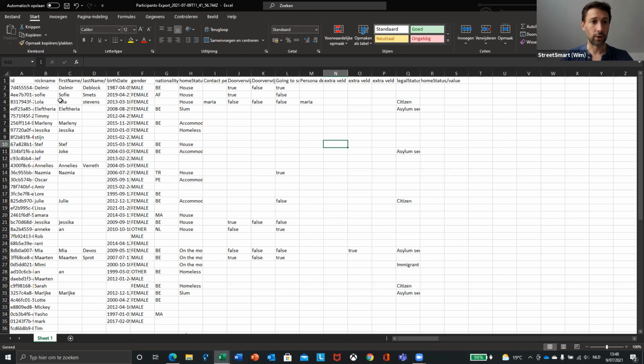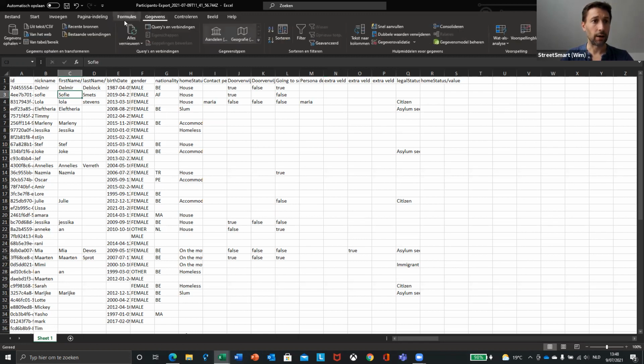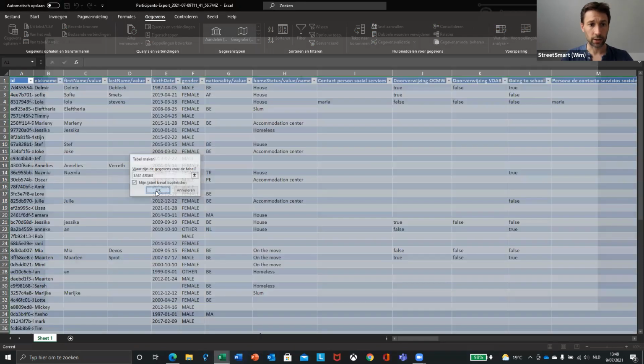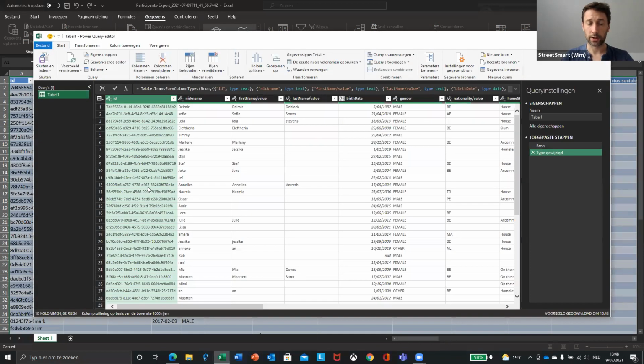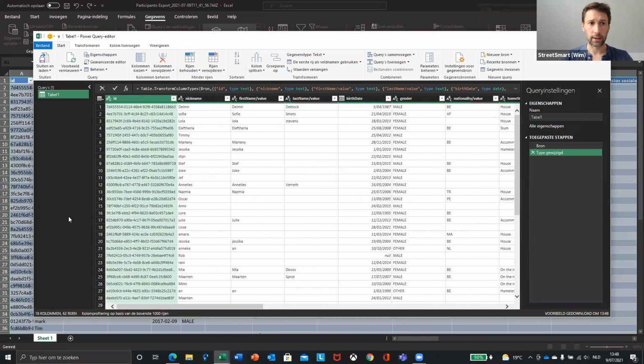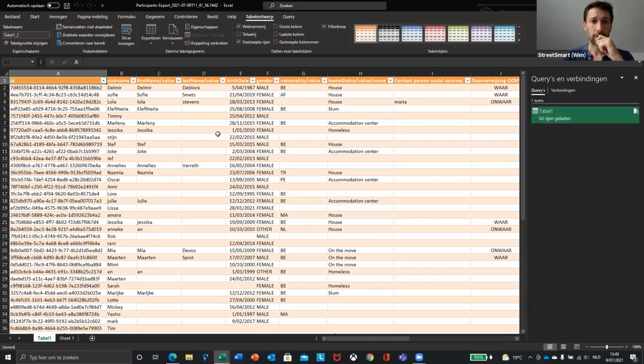It's not really difficult. We just say here, we go to data, and then we say that we want to make this into a table. We have headers, and we have the title as a header. Okay, so we have to click this. And you can see now the same thing we had before, that we now have this data stored as a table. Okay, save. And see that it now changes to a table.